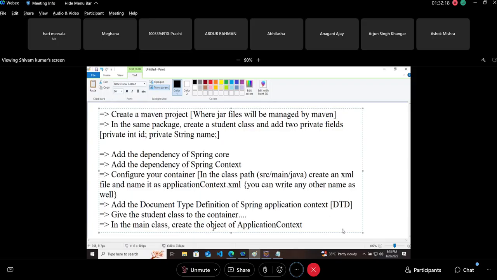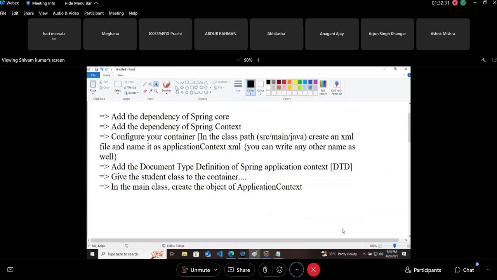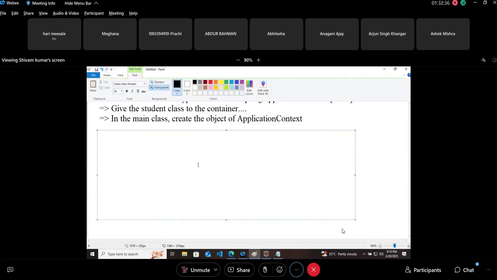So in the main class here, in the next very step, so these steps are done. In the next very step, what you will do, use the get bean method of application context to get the object of student class.